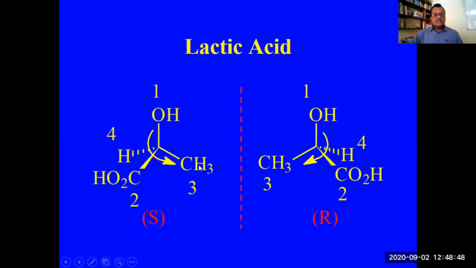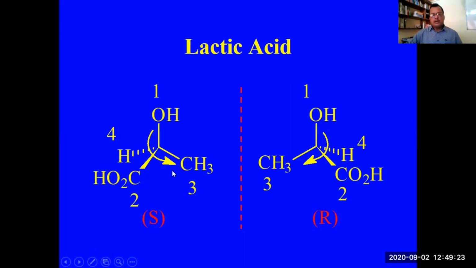So here the second atom is hydrogen, the second atom is oxygen, and oxygen has the higher atomic number. So the carboxylic group will have higher priority over the methyl group. The highest priority is the OH group, because oxygen has the highest atomic number. Lowest priority is hydrogen. In fact, hydrogen will always be lowest priority because it has the least atomic number. And the remaining two, CH3 and COH, are both connected through carbon.